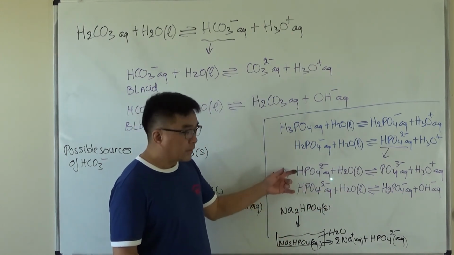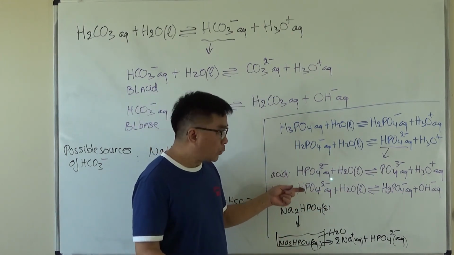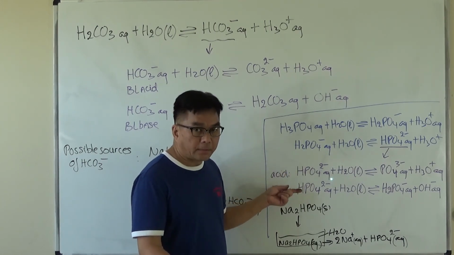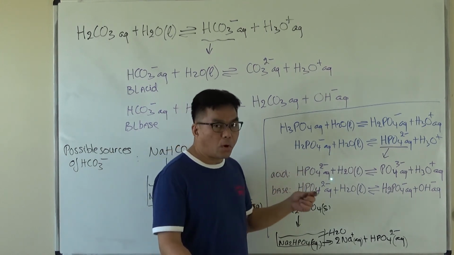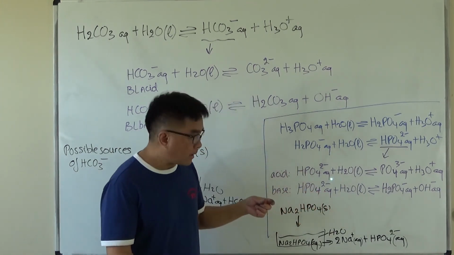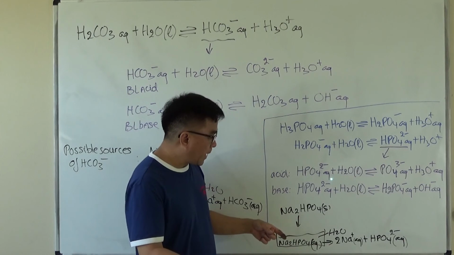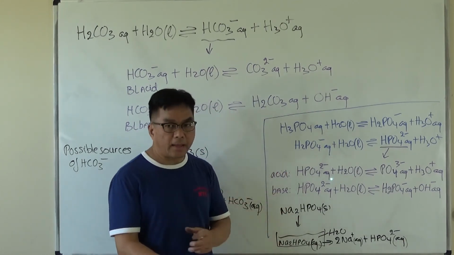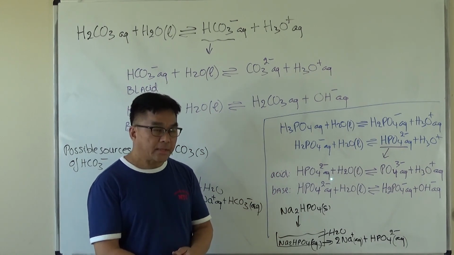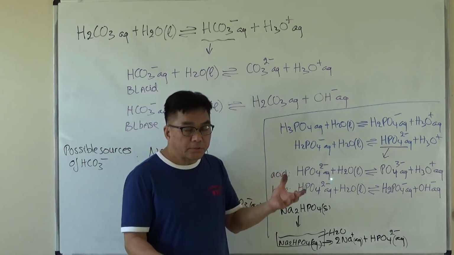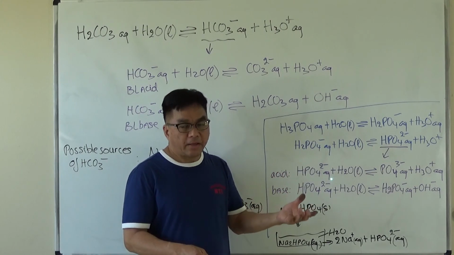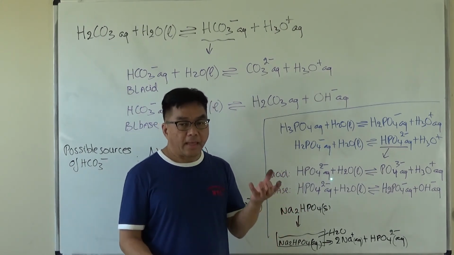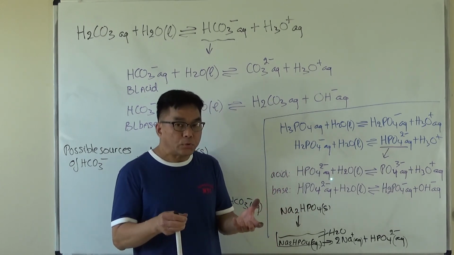Okay, and at this point, we don't know which one is going to react predominantly. And if you go on to Chem 401 next semester, you'll learn everything about it. But here is monohydrogen phosphate as an amphiprotic substance. Again, you cannot have a solution that has just a negative ion. Thermodynamically, that's not possible. Any negative ions in aqueous solution have to be balanced